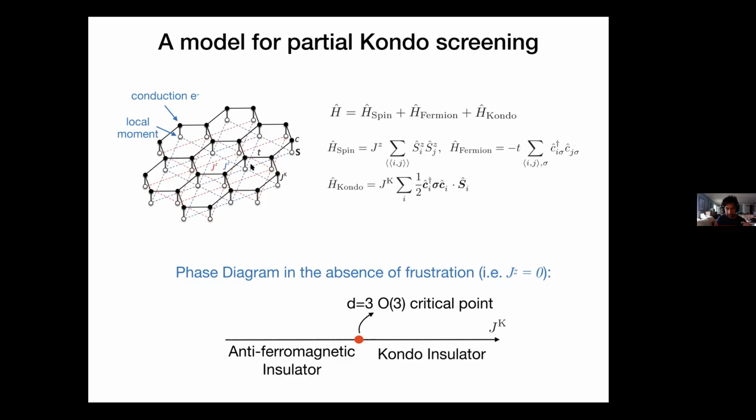But they have geometric frustration, because the honeycomb lattice is like two triangular lattices. You add those S^z couplings on those triangular lattices. And then there's a Kondo coupling, which is c† σ c · S, between these two. So each site has a fermion at half filling and a local moment, and the local moments are frustrated. Without frustration, this model has been well studied. You just get a Kondo insulator on one side,